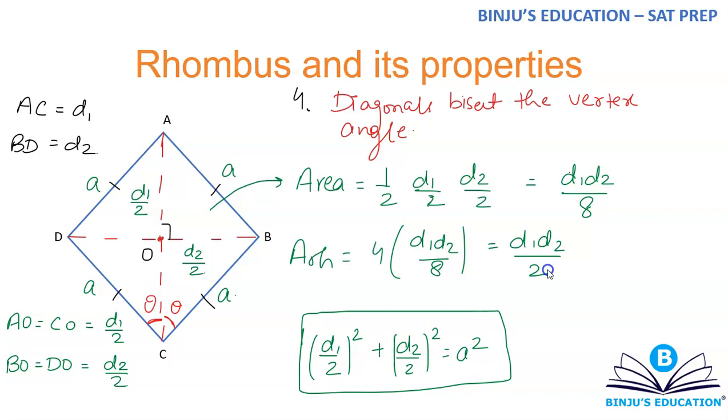I need to give you something more. Either I can give you vertex angles, then you can use trigonometry, or something else is required. That is why rhombus is so important, because side has very less role to play when you talk about rhombus. Anyways, these are the properties which you need to remember for rhombus.